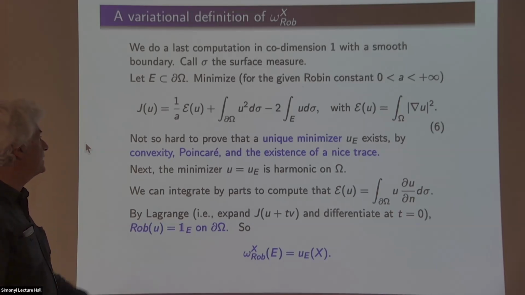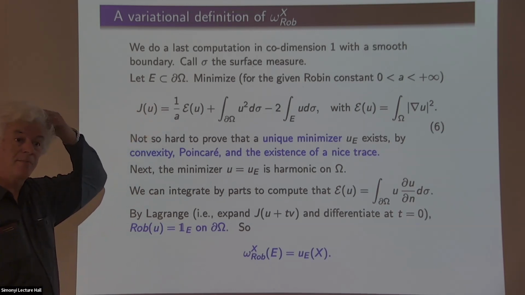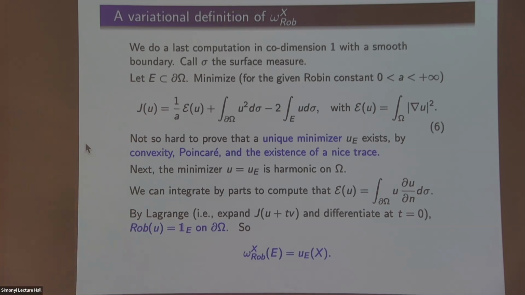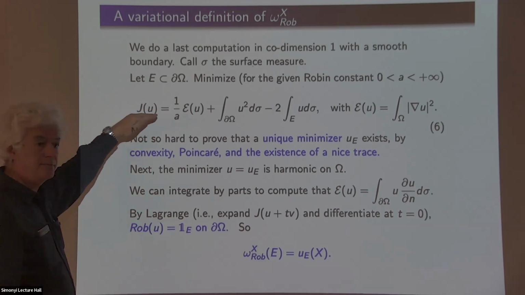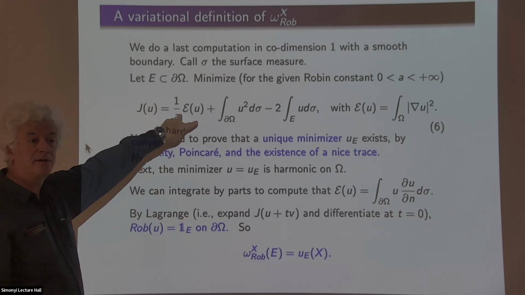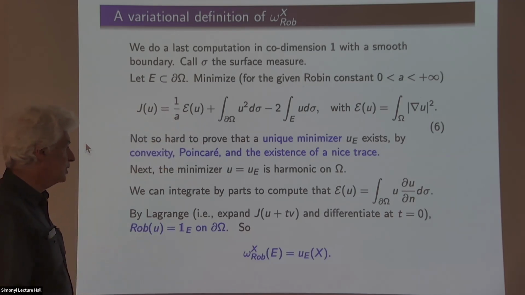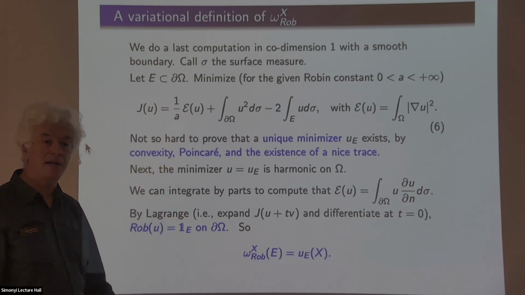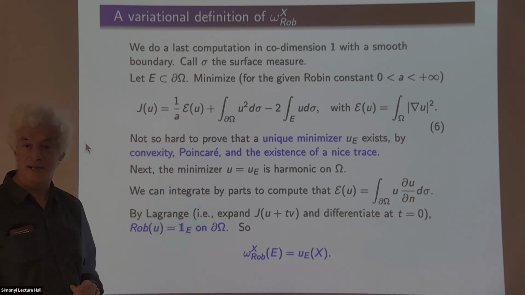Okay. More precisely, you have this function u, and you compute u of x, and u of x should be the harmonic measure of a set E in the domain. Normally, I should be able to explain why. So take a minimizer. If it minimizes this in the domain, you recognize a harmonic function. So it's harmonic in the domain, which allows you to integrate by parts and replace energy, which is here, into something that looks like u du dn.